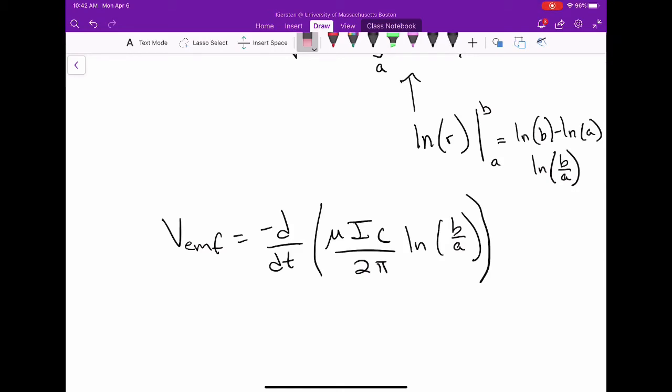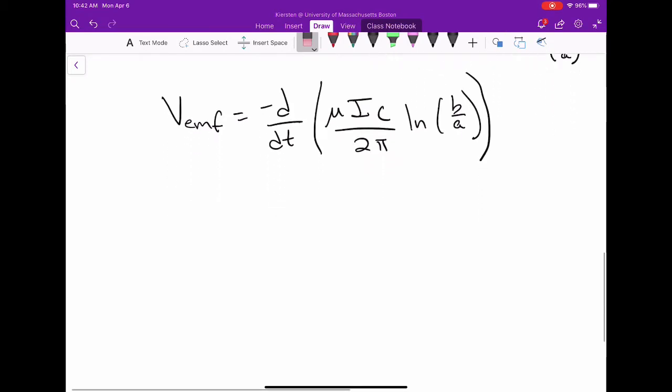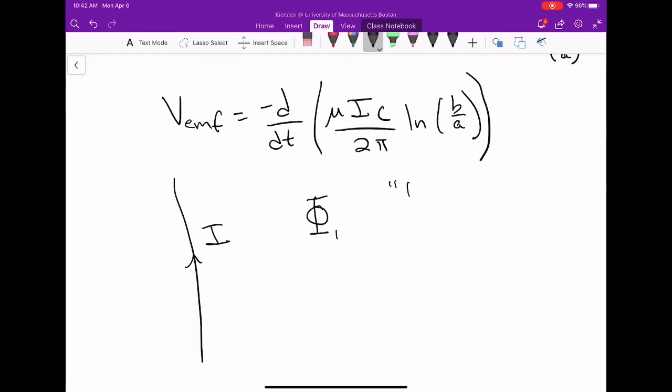I want to point out here that this is not an ideal transformer problem. And the reason for that is we started with an infinitely long wire along the z-axis, carrying some finite current I, which means that the flux through that loop, which is this infinitely long wire along the z-axis, extended out to infinity at the top and along the bottom. So this is at r equals infinity, and these are at z equals minus infinity, and this is at z